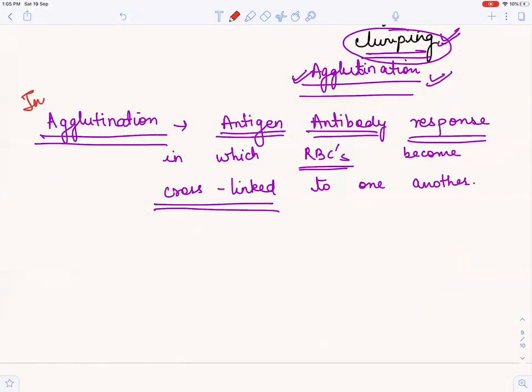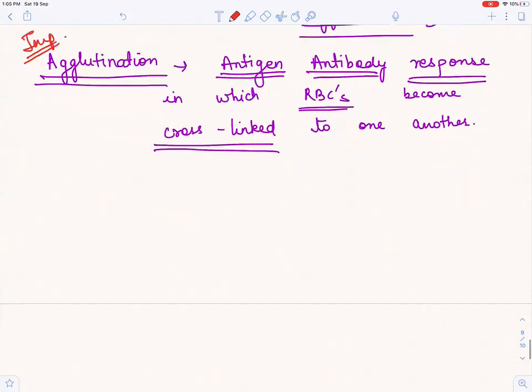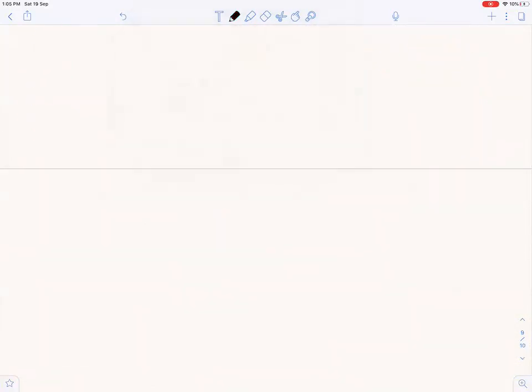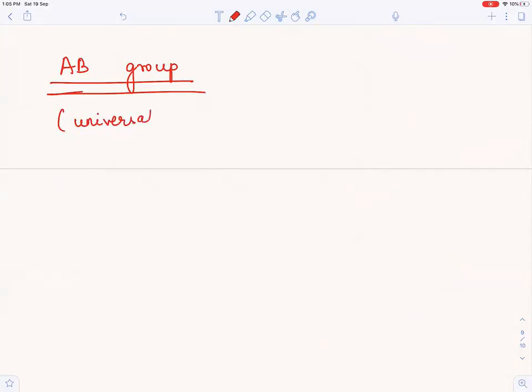Right? So this whole process is important, because to understand it you have to understand the A and B blood groups. Now let us see something about the AB group. Before starting, you have all heard about universal recipients. Now let us see why they are called universal recipients, and which antigens project on their plasma membrane.